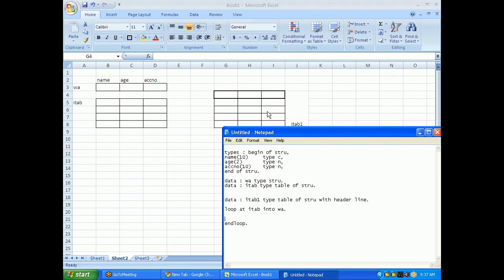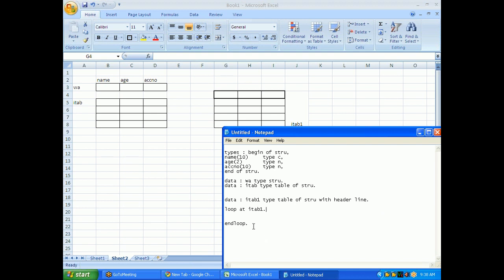But in our case, in itab 1, the second case, you can say loop at itab 1 into itab 1 itself, but work area name and table name both are same, so no need to give into. You can simply say loop at itab. It will work. Okay, so that is the difference between an internal table with header line and an internal table without header line.